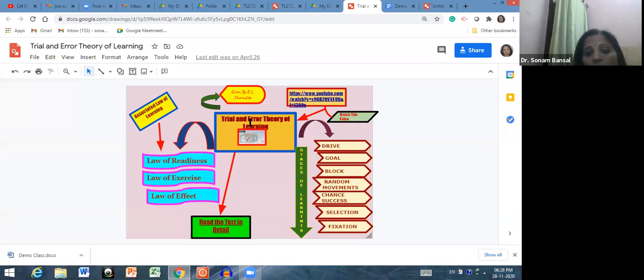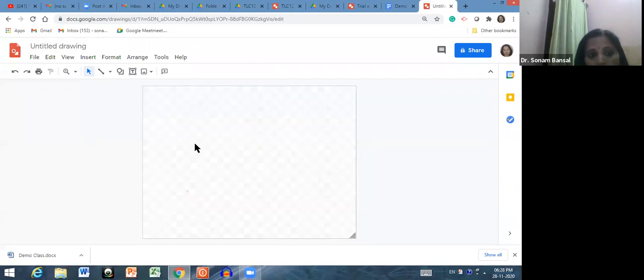So this is how you can represent one theory in one drawing. Now, first of all, again, you have to give this untitled drawing a name. Let me give it a name, demo drawing. Right. So this is the title of this drawing.